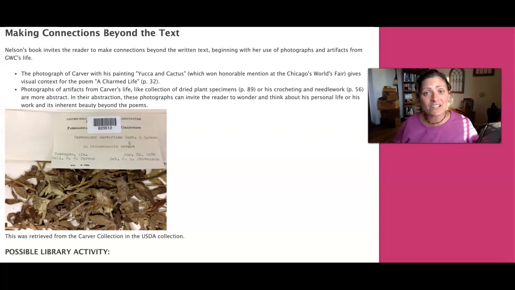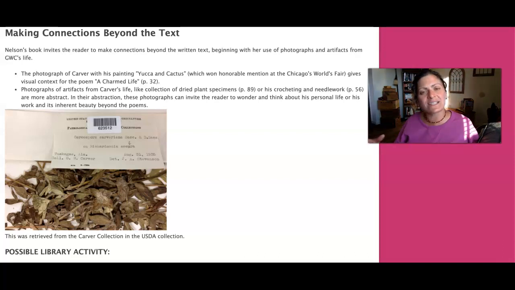That gives context for A Charmed Life, like direct context, because it's talking about, among other things, painting that picture. That poem about painting the picture. So there's this sort of one-to-one link there. Other photographs of things that are like artifacts have a more ambiguous connection and perhaps invite the viewer to wonder. So when we see, say, dried plant specimens or his crocheting and his needlework, we think more broadly